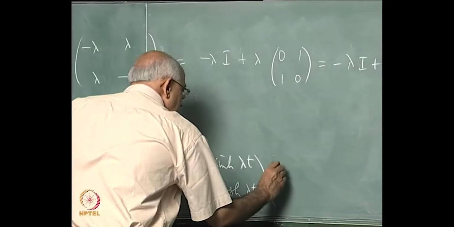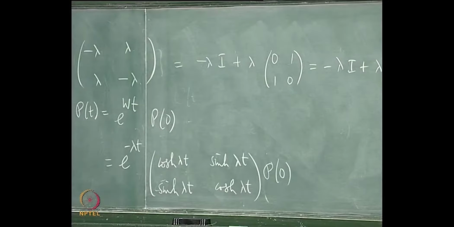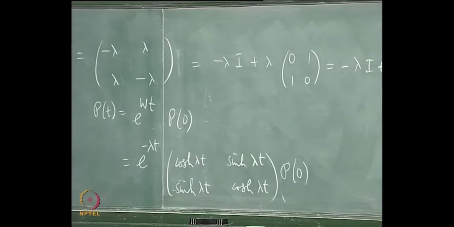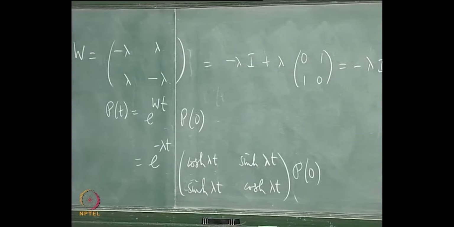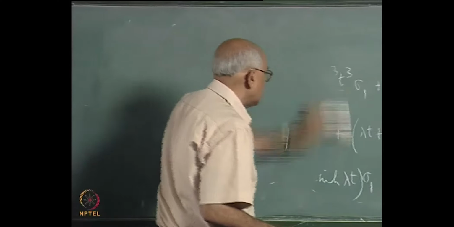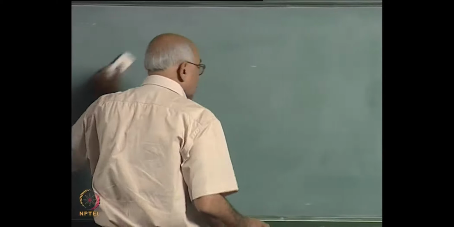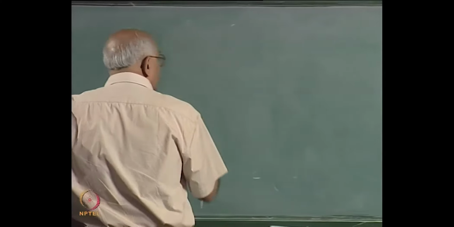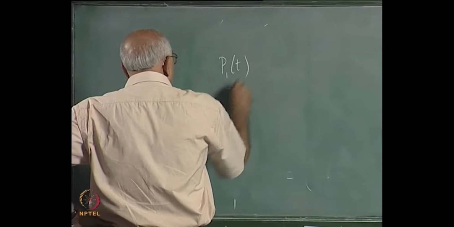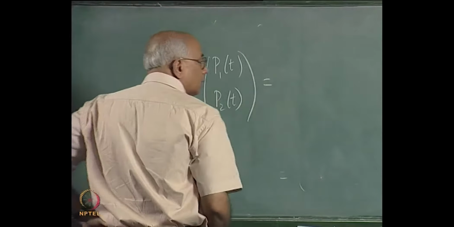So let us write that explicitly. And you begin to see immediately that it gives you exactly what you would intuitively expect directly, and that is the exact solution to these coupled differential equations, which we circumvented by simply writing the matrix solution down right away, and therefore P1 of t, P2 of t, if I write it as a column vector, this is equal to